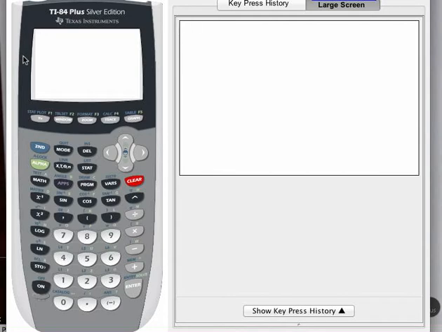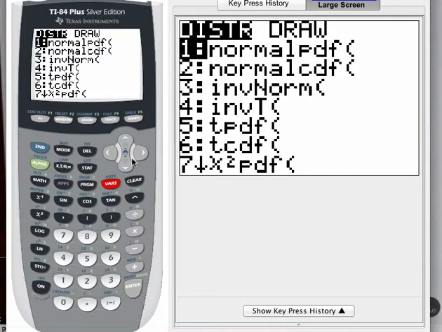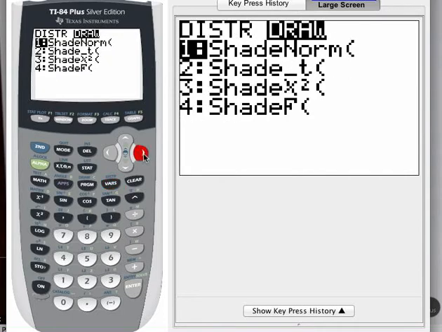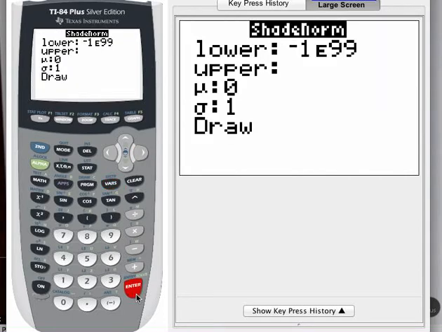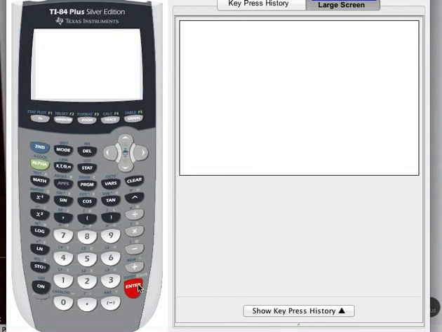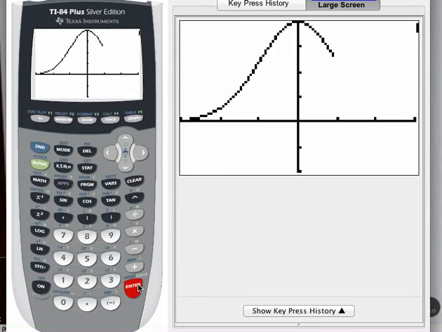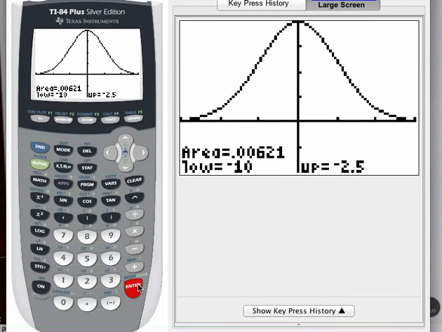I've already cleared the drawing from the home screen. So second, variables, right arrow to the draw menu, there's the shade norm command. My lower boundary needs to be negative 10. My upper boundary needs to be the indicated z-score of negative 2.5. I'm using z-scores, so the mean is 0, the standard deviation is 1. There we go. The area is